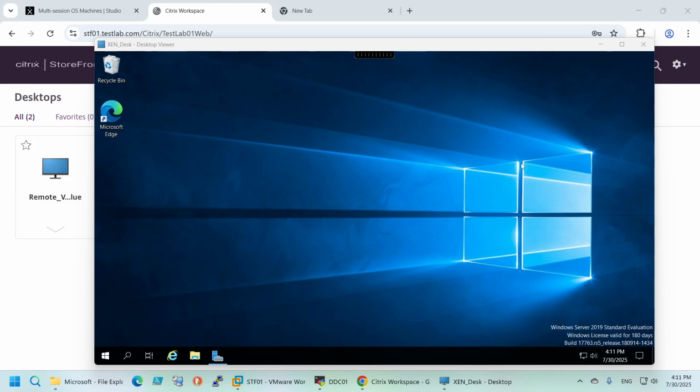Hello everyone, so today it's about troubleshooting RDS SAL licensing. As you know, for Citrix to work, two licenses are necessary, the Citrix license and also the